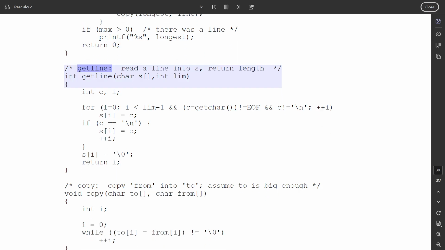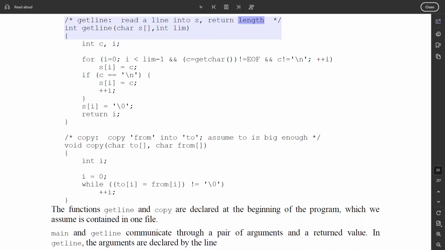/* getline: read a line into s, return length */ int getline(char s[], int lim) { int c, i; for (i = 0; i < lim-1 && (c = getchar()) != EOF && c != '\n'; ++i) s[i] = c; if (c == '\n') { s[i] = c; ++i; } s[i] = '\0'; return i; } /* copy: copy 'from' into 'to'; assume to is big enough */ void copy(char to[], char from[]) { int i; i = 0; while ((to[i] = from[i]) != '\0') ++i; }